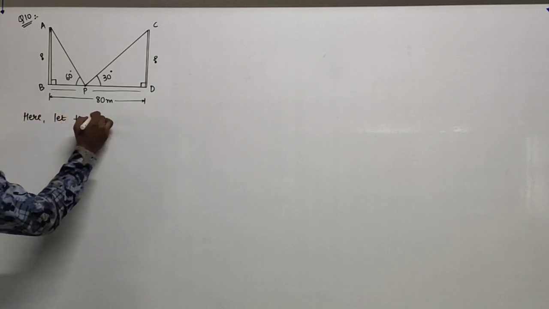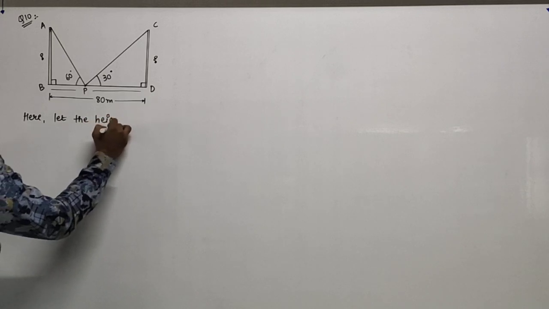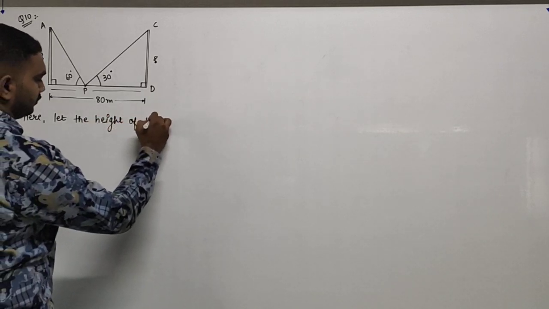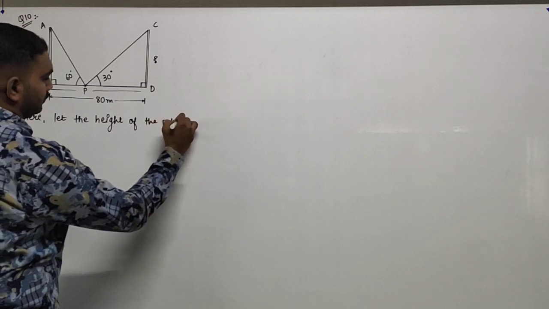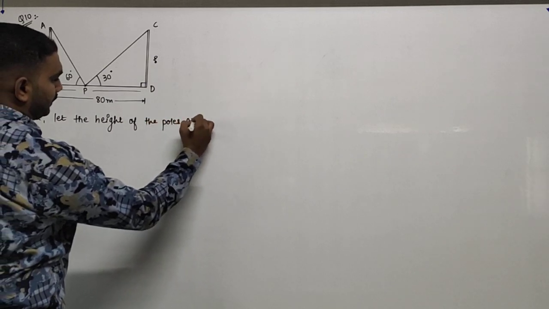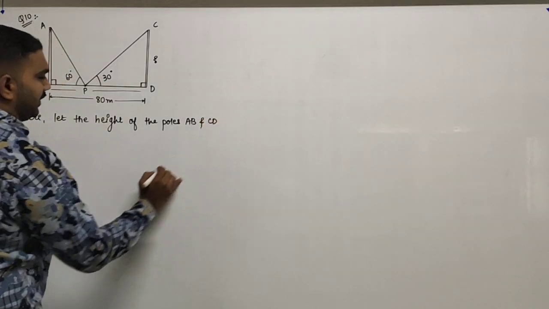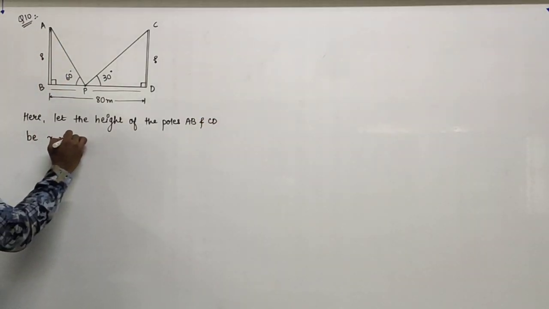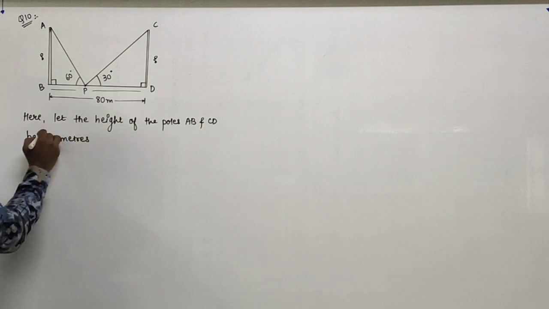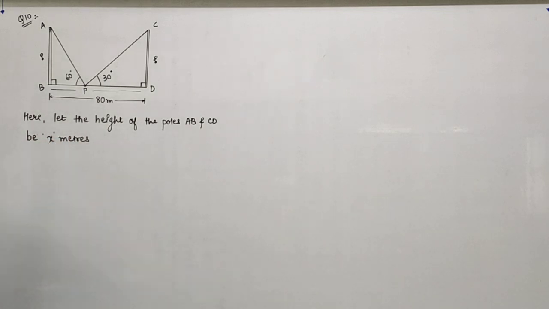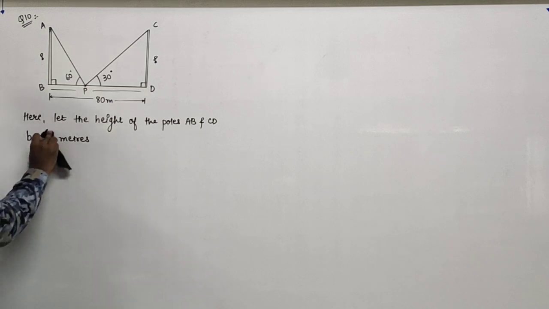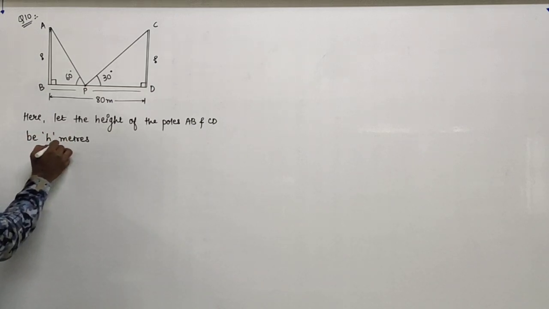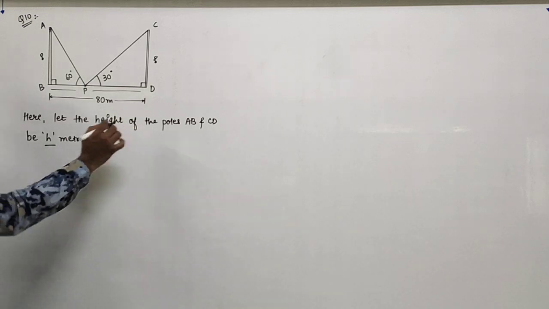Let the height of the poles AB and CD be x meters, or let us take it as h meters. The height is not given, so we need to find out the height. So we will take it as h meters and